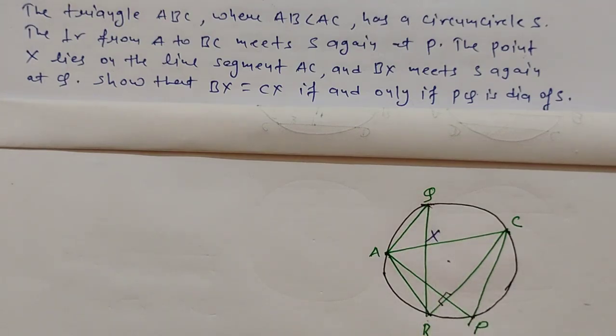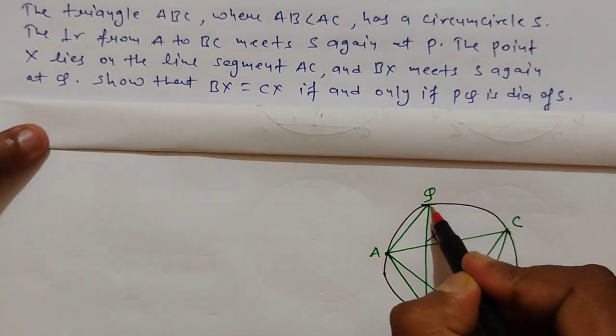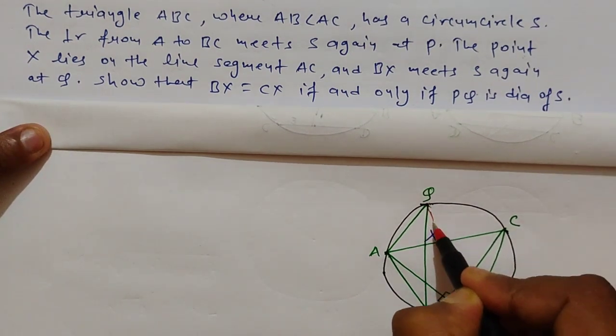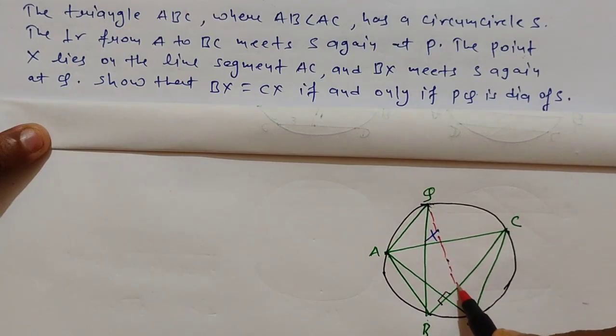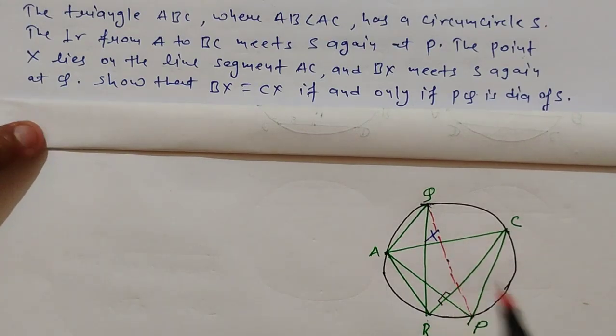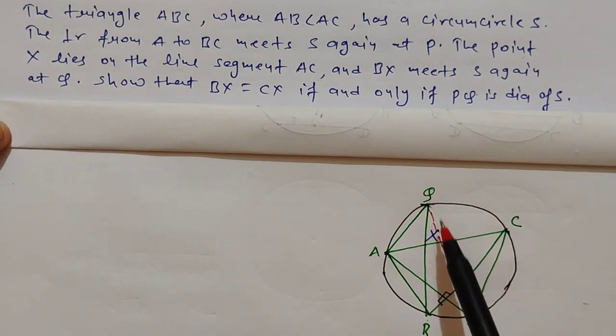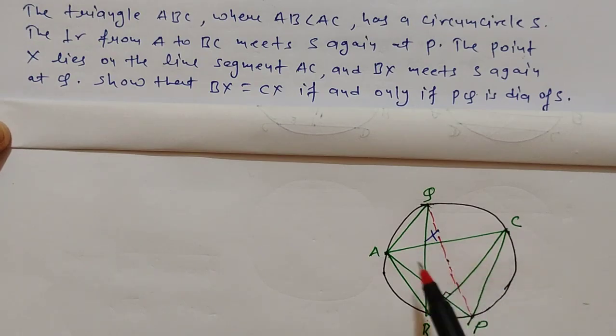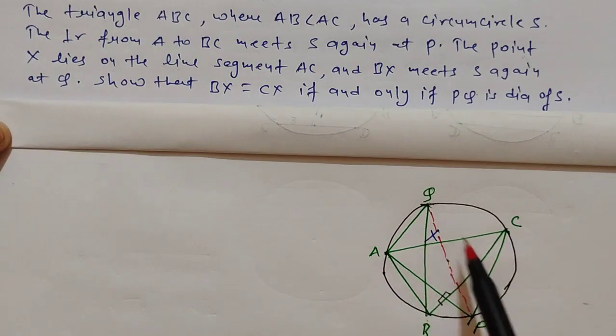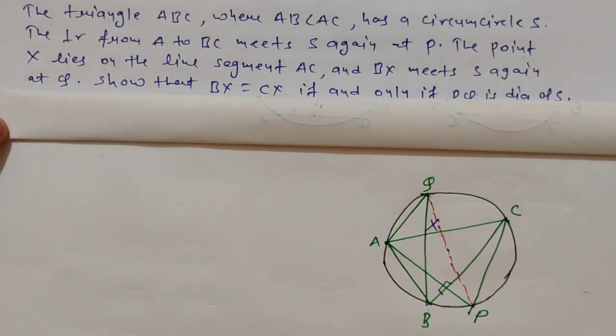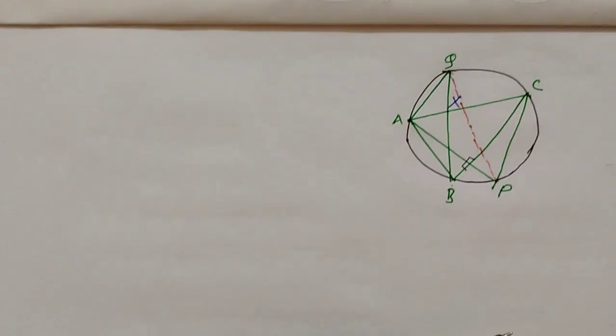So we are just forming the PQ as a partial line, and this is the element of proof that PQ must be a diameter if BX is equal to CX, or BX is equal to CX if and only if PQ is a diameter of this circle. So now to prove this, first of all